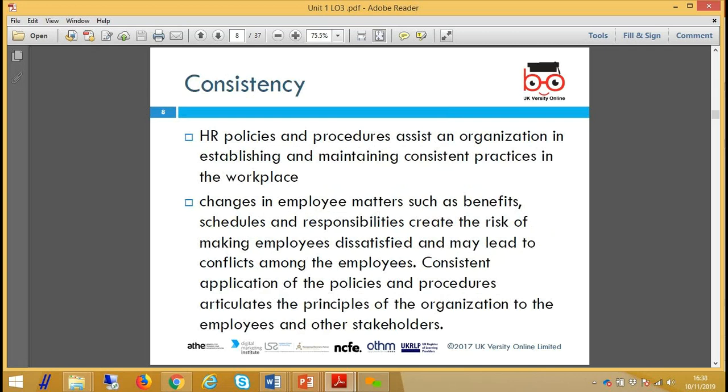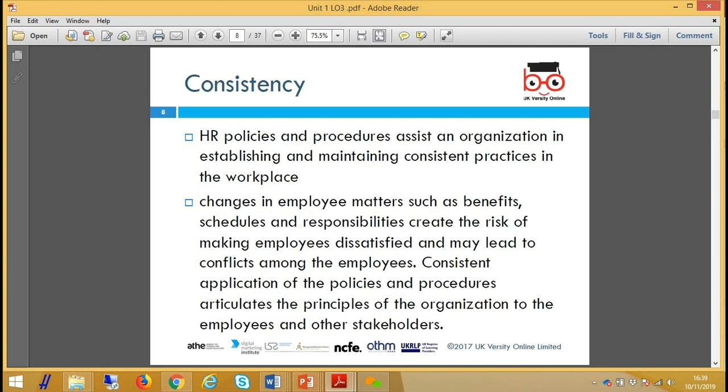Now, one other key aspect of HR policy is the issue of consistency. This is very, very important. If you have employees and one comes and says, oh, my father is ill, you say, oh, take 5 days off. The next day, another person comes and you say, take 2 days off, I can't give you 5 days because we are really busy now. Next day, another person comes and says, my father is ill. You say, oh, no, sorry, we don't give leave for that. You've treated them inconsistently, and if they take you to court, you're going to lose.